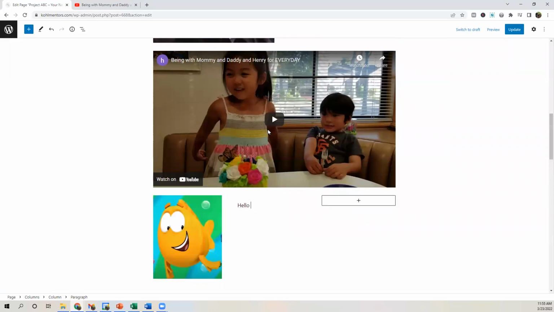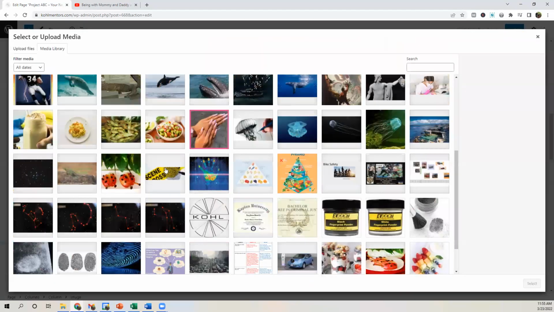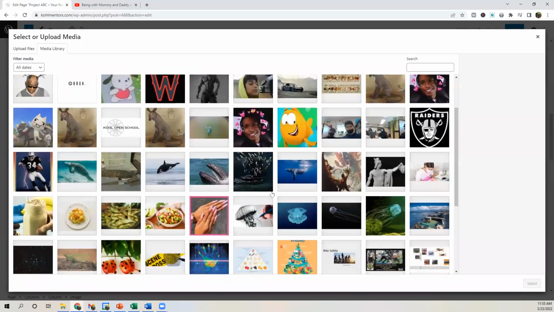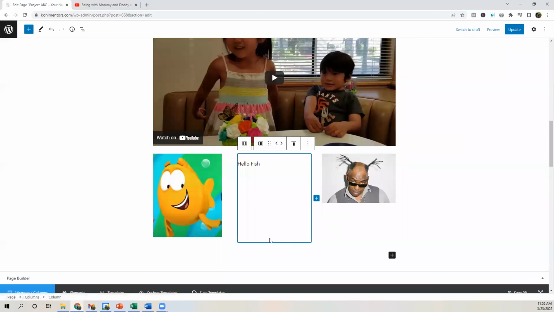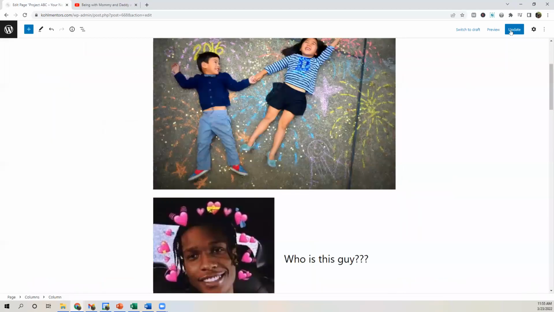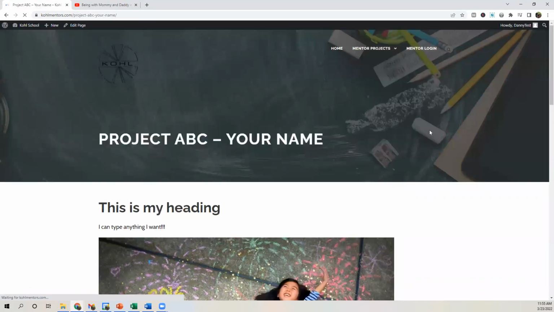Fish. And another image from what you guys have done. All right, we'll do Coolio. All right. So you guys kind of get the gist. If we hit update again, view page, we can see all of our wonderful work